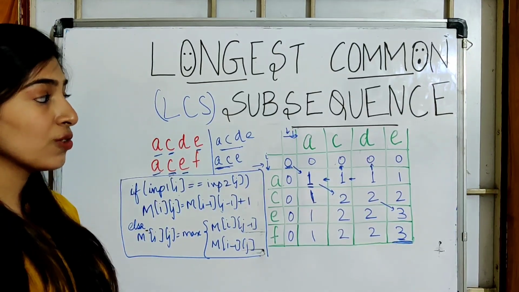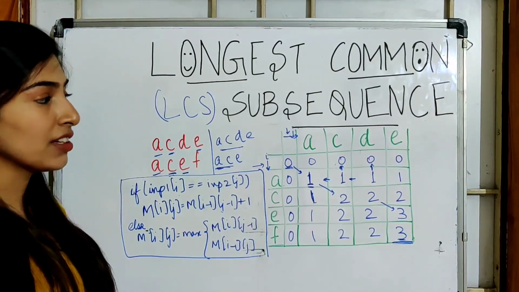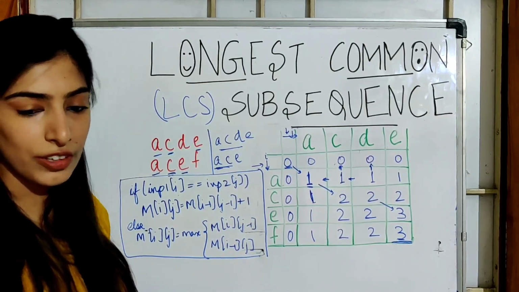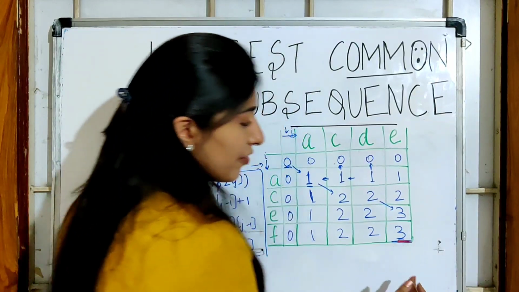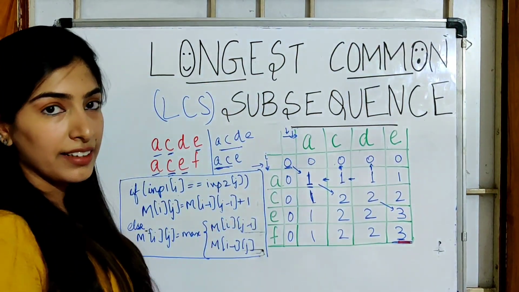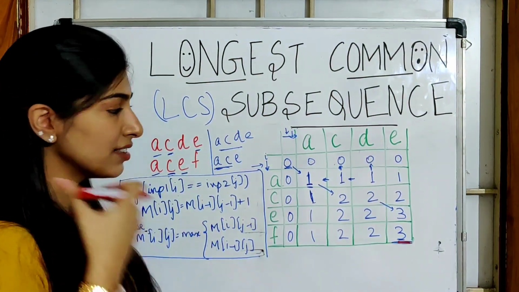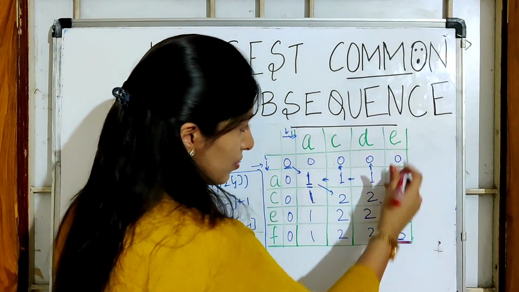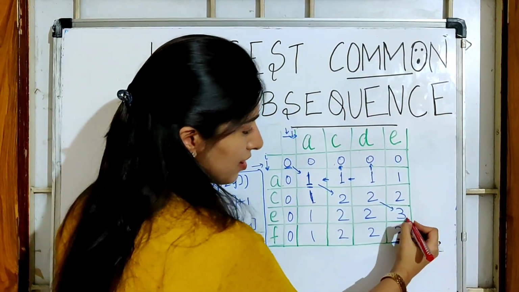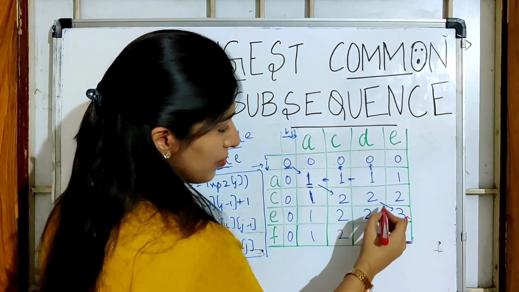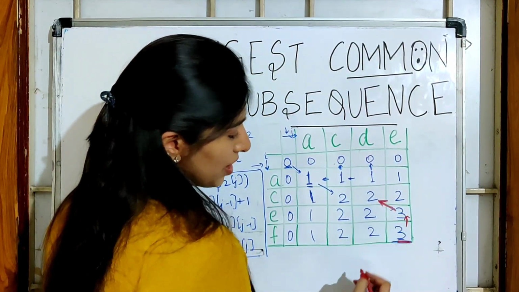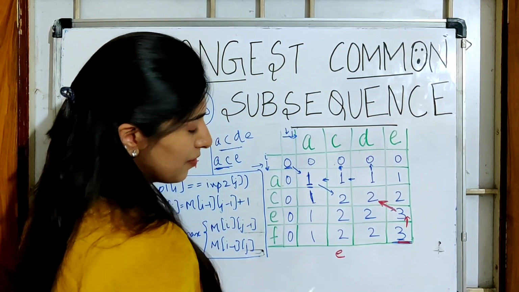Now if someone asks you what is the longest common subsequence and not just the length, how are we going to find that? So we start from here, our final solution, and we traverse back our grid. So we are backtracing our answer now. We know that these two were not equal, so our answer came from here. Now since these two were equal, our answer actually came from here, so our E should be an answer.